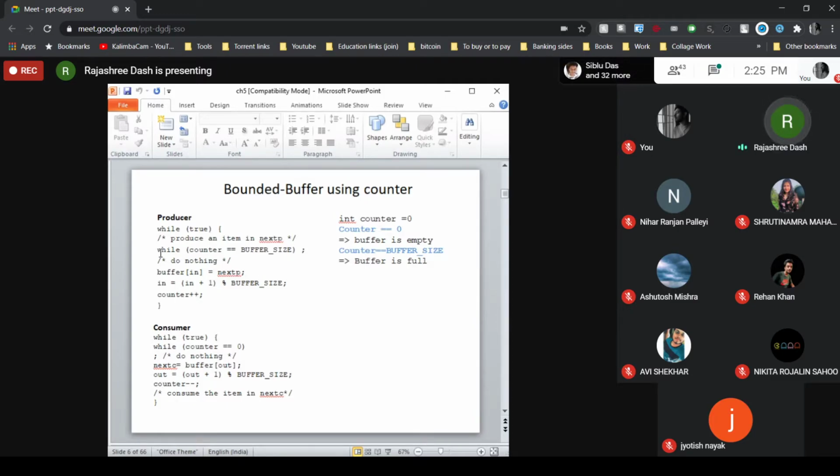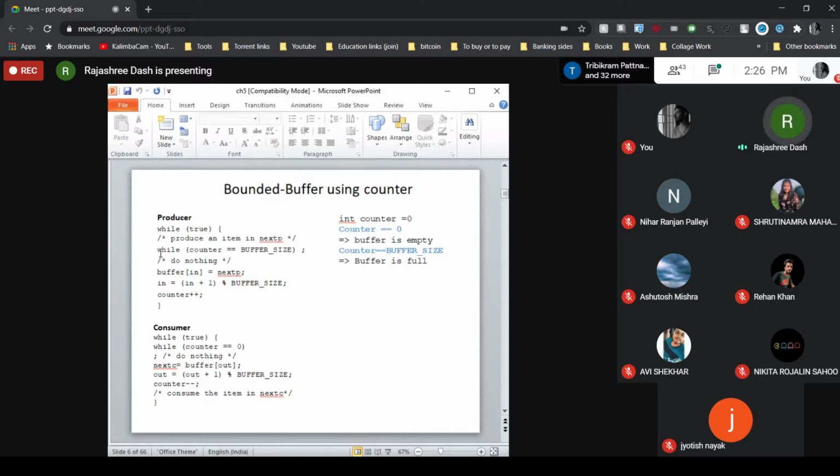If the condition is false, that means there is some free space available in the buffer. Then the producer process can store the item held in its local variable next p to the buffer. At which position will it be stored? At the in position. That's why the statement written is buffer in equal to next p.